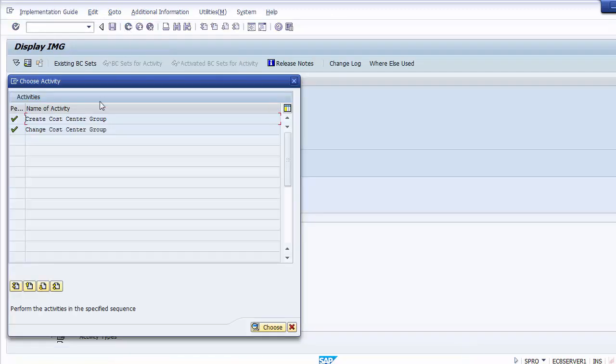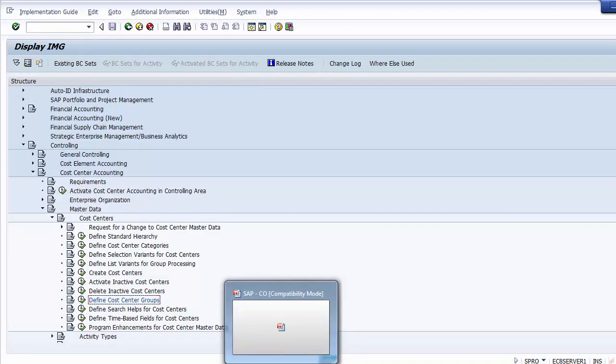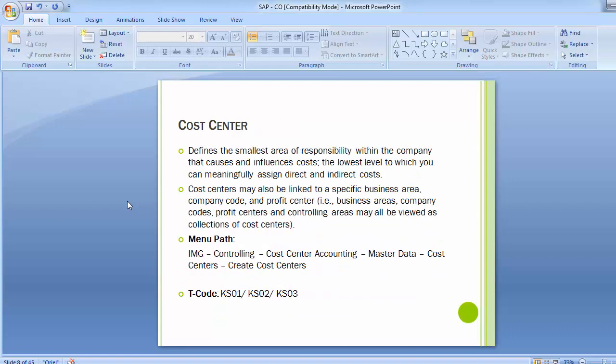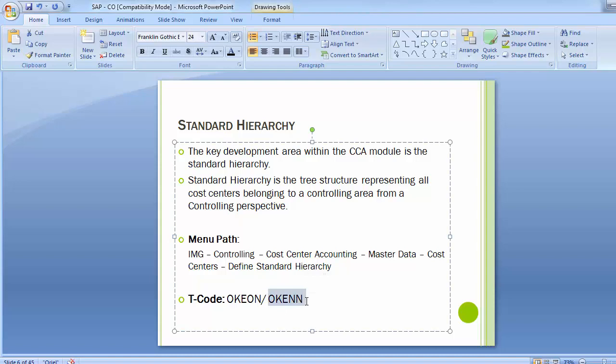So this is how we can go back and we can create the cost center group. We can change the cost center group at any point of time. Even if you want, you can add any of the groups within the hierarchy and see how the changes are reflected. So this is how your cost center groups are created. Now let's see once again the standard hierarchy, how it reflects to you. So the transaction code is